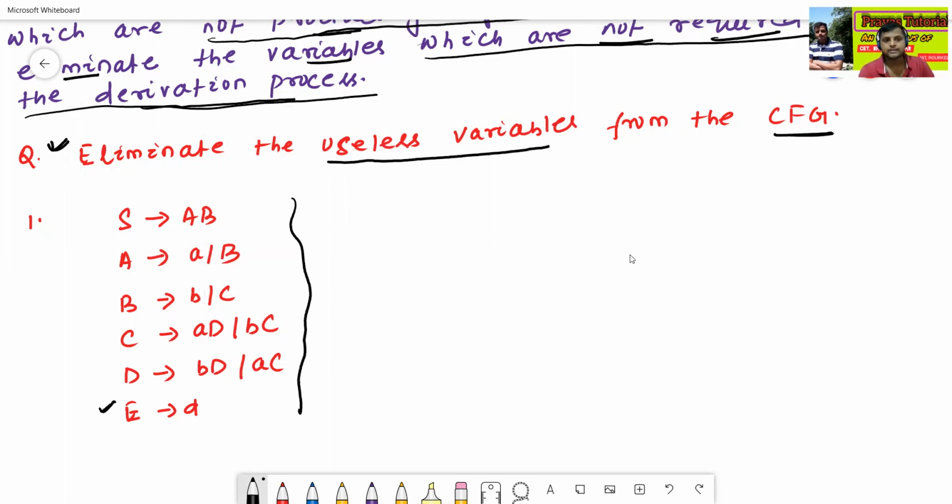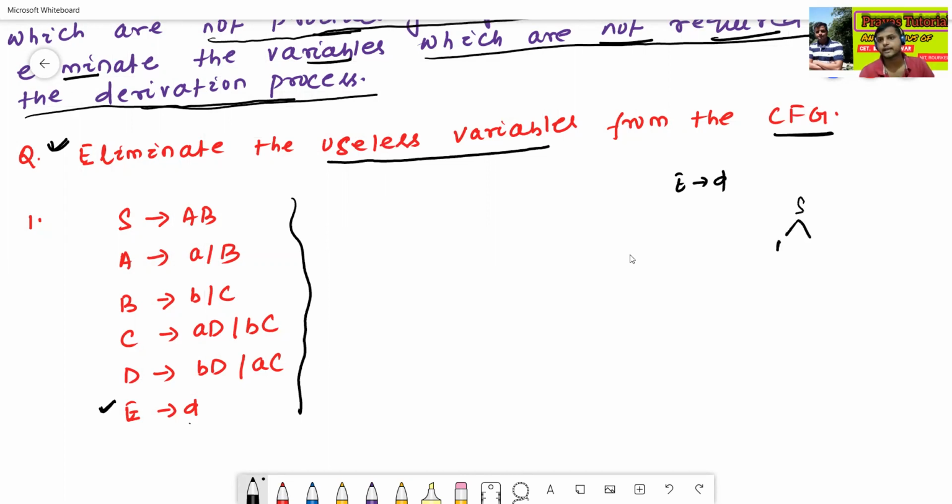Now we'll check the second condition, E to D. E to D is not required for the derivation process, because we start from the starting symbol.